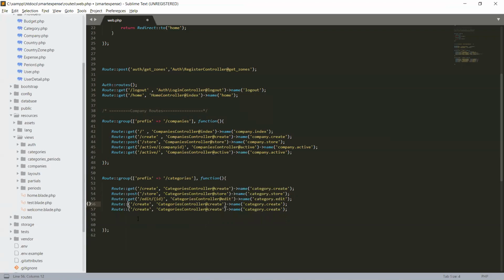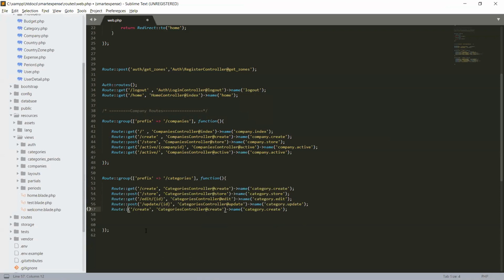Okay, and the update will be a post request to update the category, and the method will be update, and we will give the ID of which category will be updated. So we will give update ID, and it goes to the categories controller, and the update method name will be category.update.